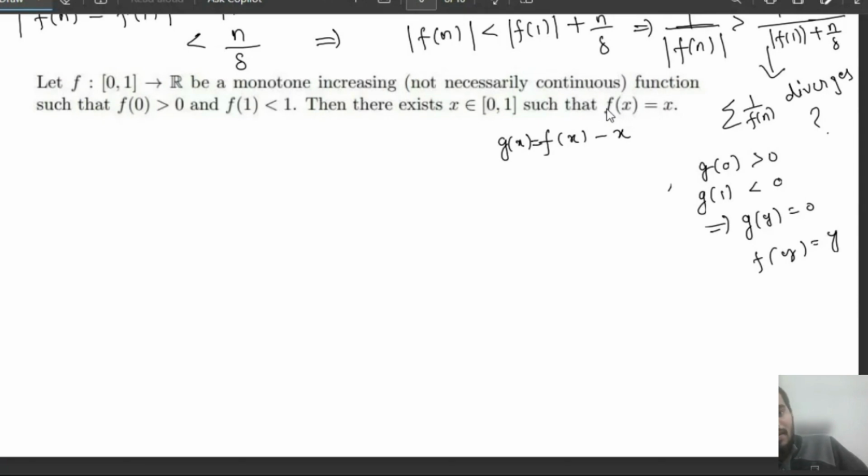But the condition of monotone increasingness will allow us to use something like that intermediate value property. Although I will not apply it directly, I will give a rigorous proof of how it is actually happening. So let me begin. Call a set A so that this quantity is this. All right.